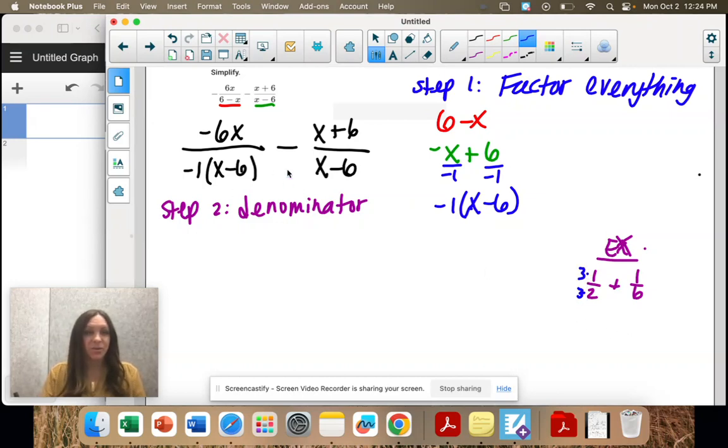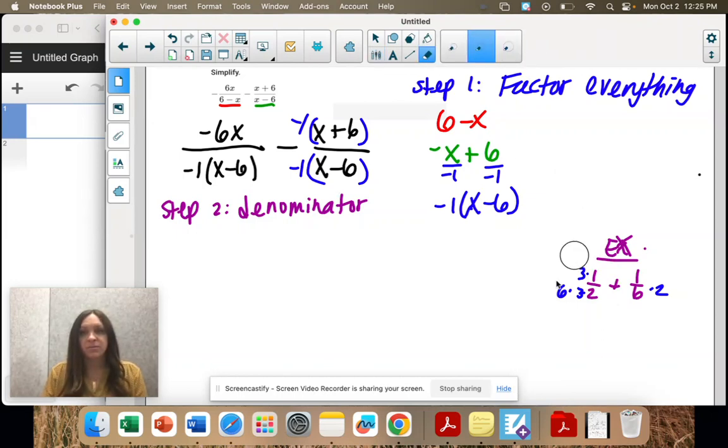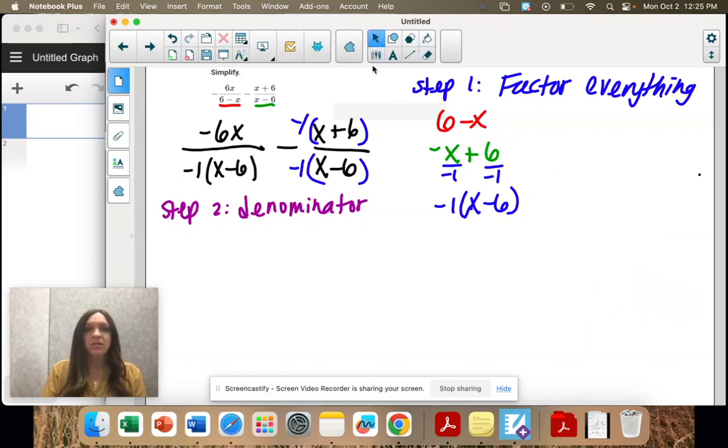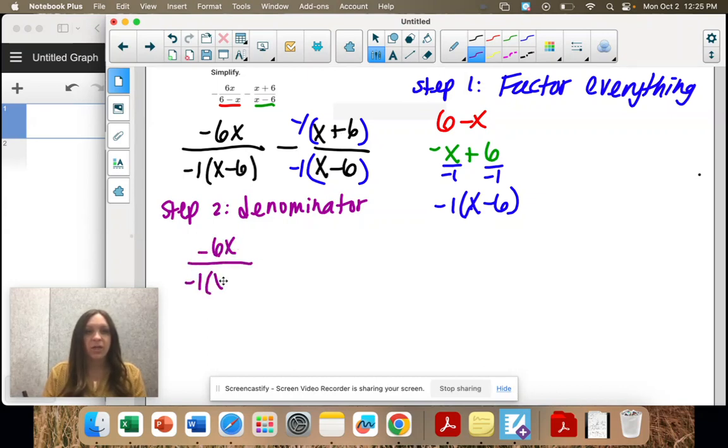That's kind of like this one is. All I have to do is multiply this by negative 1, and now they're the same, top and bottom. Okay, I wouldn't multiply this by 2 and this by 6. That's just more multiplying. It's the same thing here. Okay, so now my common denominator is, I have negative 6x, negative 1, x minus 6, minus, and then over